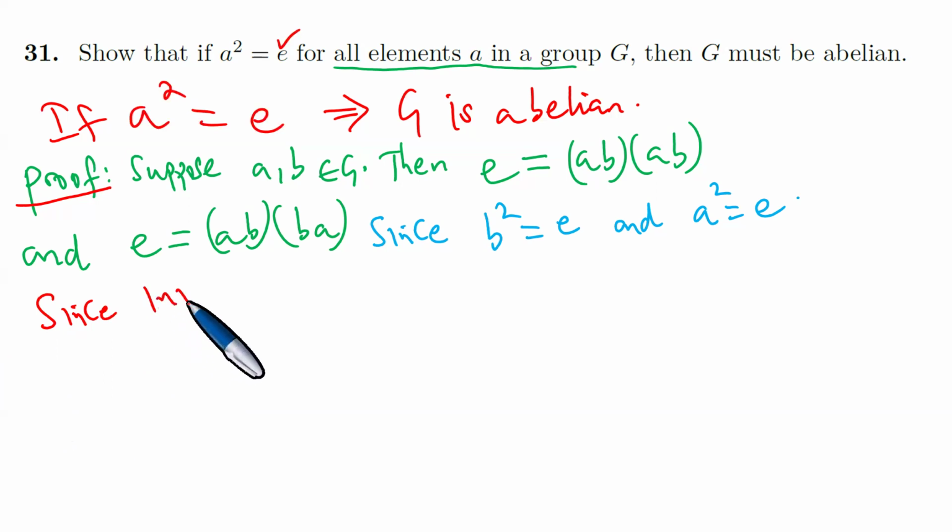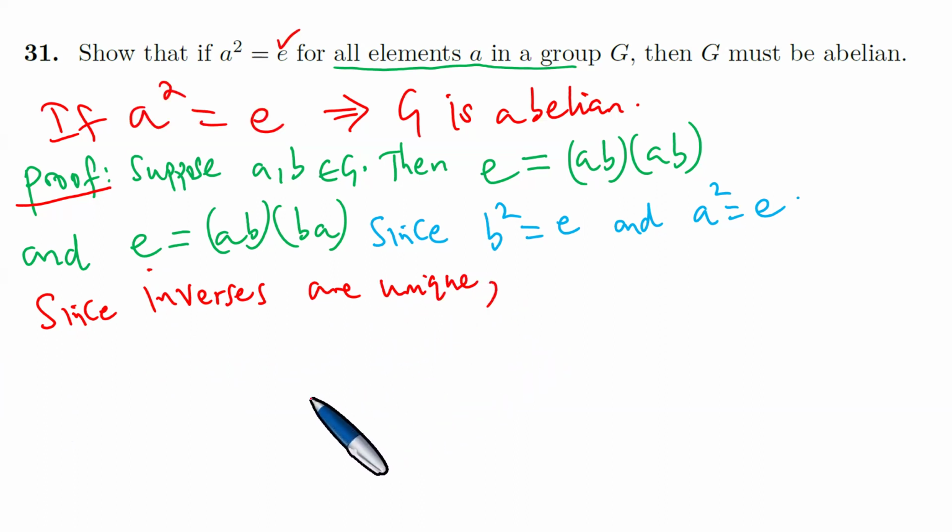Since in every group inverses are unique, since inverses in a group are unique, it means that AB is equal to BA, and thus